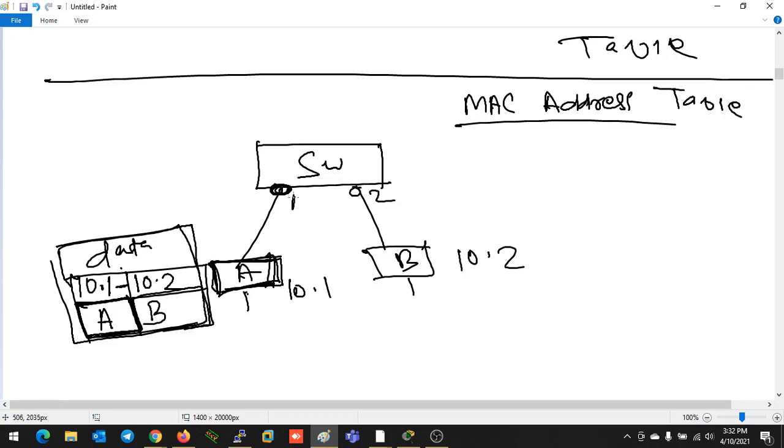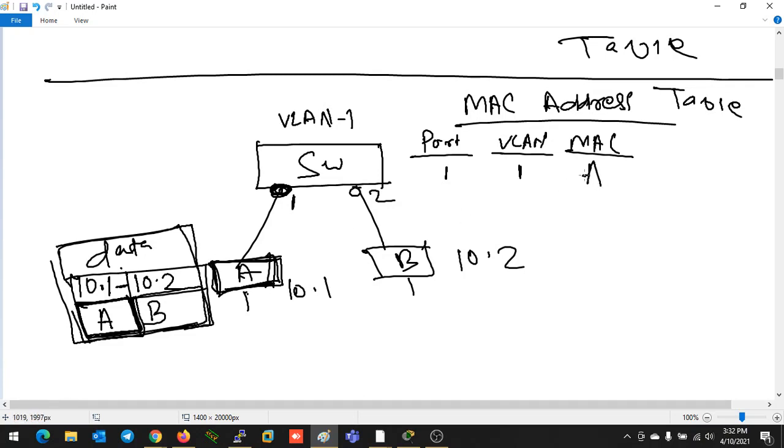How will it make the entry? This is port number 1, so in the port field it will mention port number 1. Then VLAN: for which VLAN the port is a participant, or the port is a member of which VLAN. For example, by default on a switch VLAN 1 will be created, so it will mention VLAN number 1. Then the MAC address, which is the source MAC address of the device sending the data.